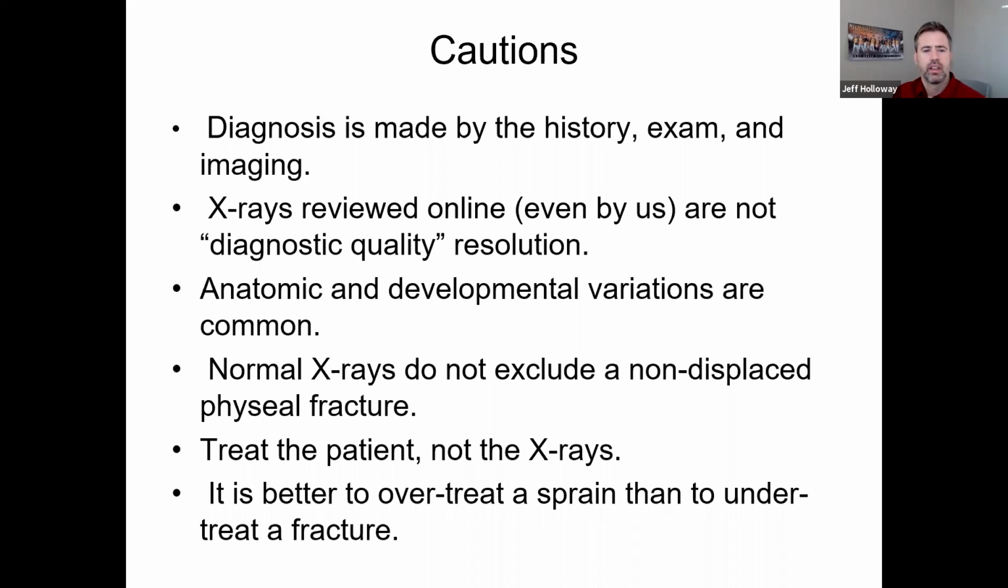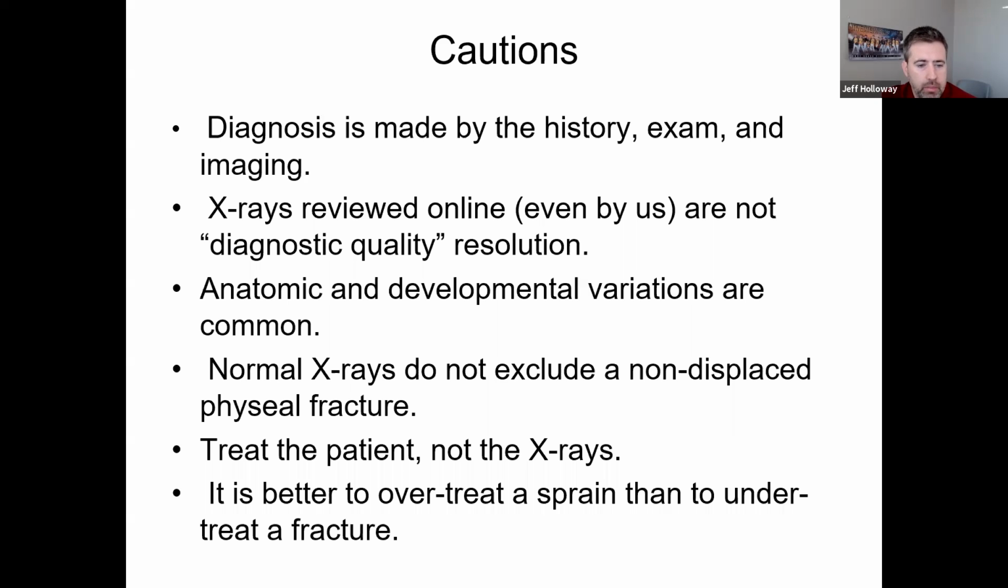So some of the things to really think about when you're going into these fracture possibilities is that the diagnosis is made by history, exam, and imaging. So again, X-rays are not perfect. They're never going to be the end-all be-all. Understanding that we need to review those, because we know more information than the radiologist. So if you think there's a fracture or a site that you're worried about,